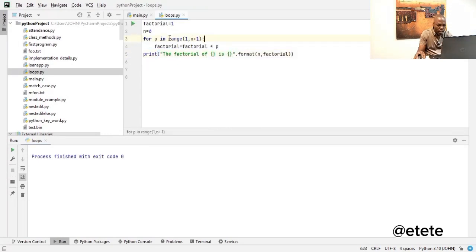This place will be the same thing as 1, 2, 3, 4, 5, 6. That is what this is going to give to me. This is the same thing as this, 1 to 6. All right. So if it is 1 to 6, what this for loop will do is